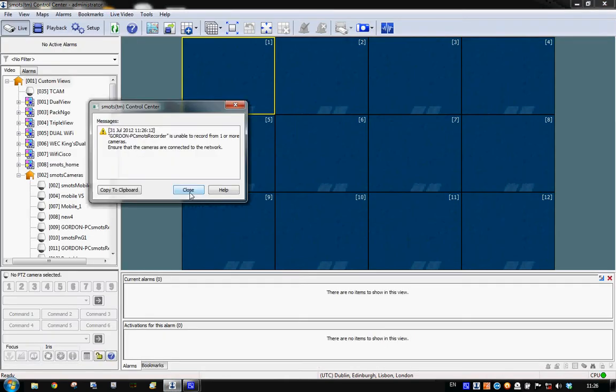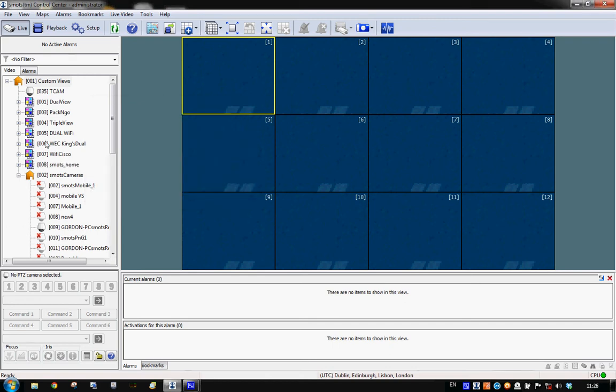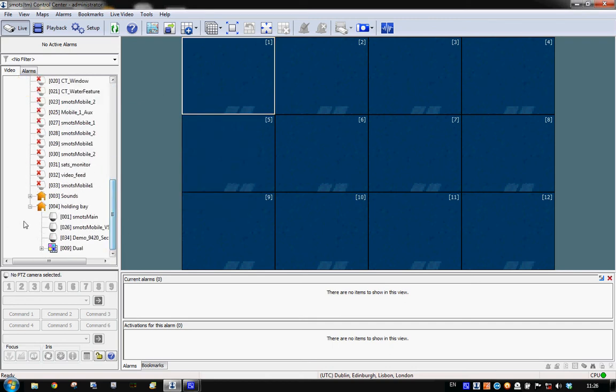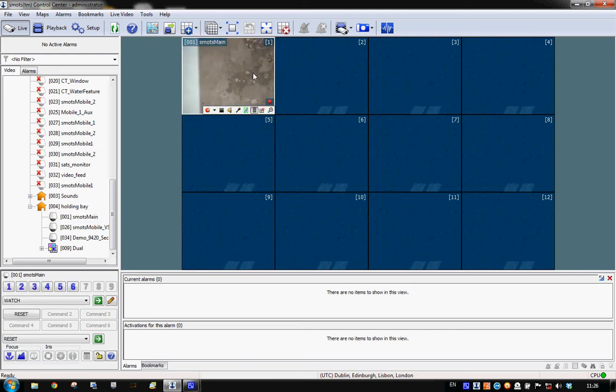So we'll get a couple of error messages coming up because I'm not connected to all the cameras on my system at the moment. But I've got a couple of live cameras here in what I've called holding bay, and I can drag the camera across like so,